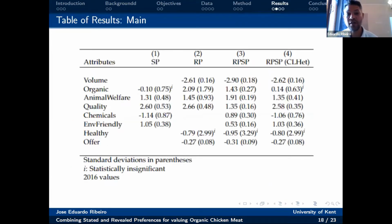So the results here are the willingness to pay estimated from the coefficients, the attribute coefficient divided by the price coefficient. Here you see that organic was not significant for the choice in the combined data, which was kind of interesting. I would like to discuss that in the paper as well, the main reasons for that, but all the other attributes are significant. And you see here for the revealed preference that we didn't have a label for chemical environmental friendliness. It's not available in the market, so that's why the contribution of the stated preference is valuable in this case. And then we could combine,